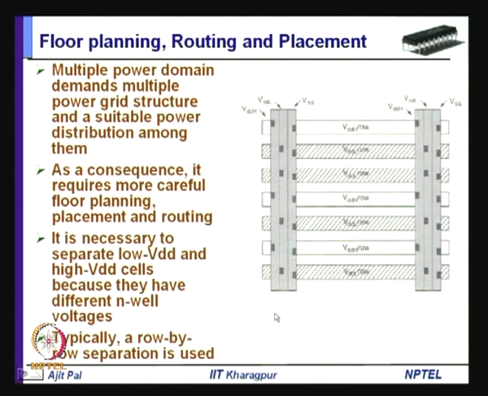You can see on both sides you have power rails VDDH, VDDL and VSS, that is the ground line, and then you are providing power from these power rails either from this side or from this side to the high voltage domain and low voltage domain and so on. So, this is how the routing and placement is done, and floor planning also has to be planned whenever you are using multi-level voltage scaling.